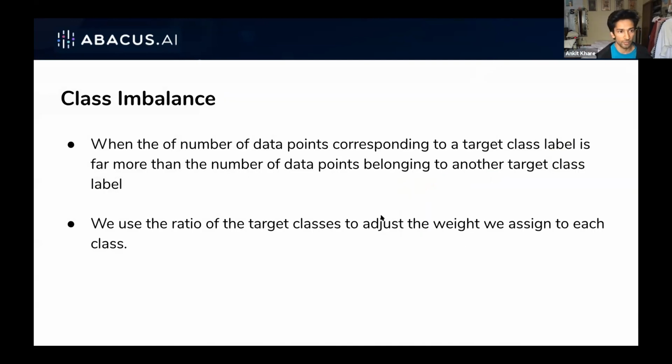The one final point that I would like to bring up is class imbalance. A lot of times during classification, you have a lot of instances of one class and just a few instances of the other class, and that creates a huge class imbalance. That is a very common scenario in a lot of data sets. And to address that, there are a lot of techniques available. One of such techniques we are going to